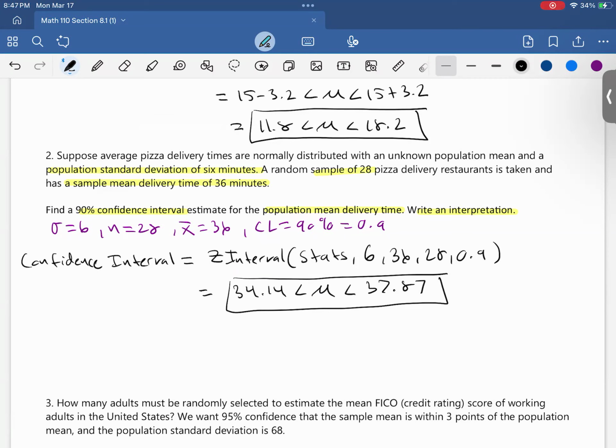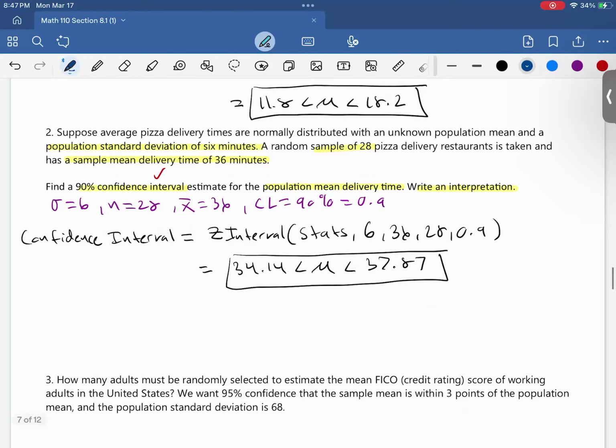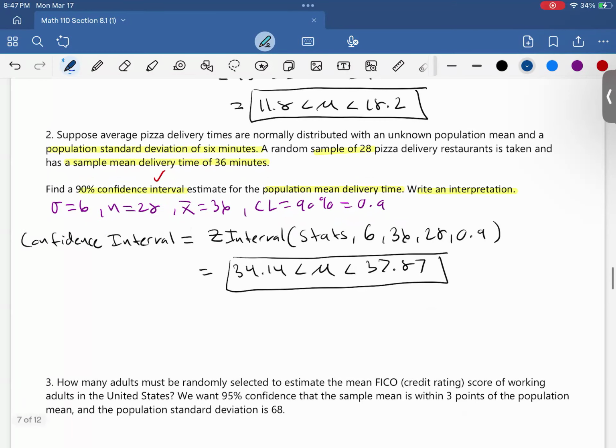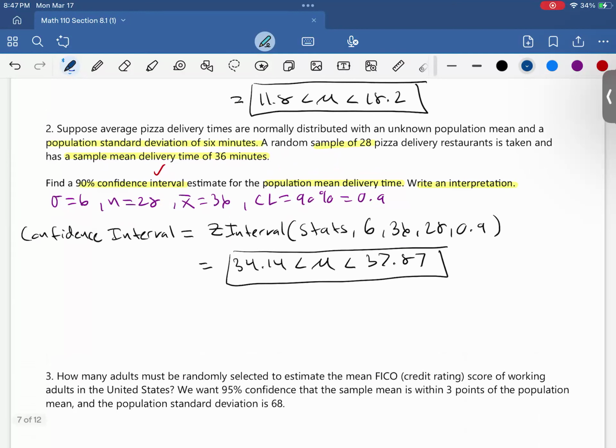Okay, so that takes care of the confidence interval. Now we need to write an interpretation. So with these confidence intervals, it's pretty much the same interpretation. We just have to interchange some language in the context of the problem. So what we would say here is we estimate with 90% confidence that the true